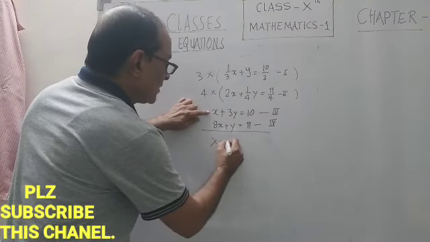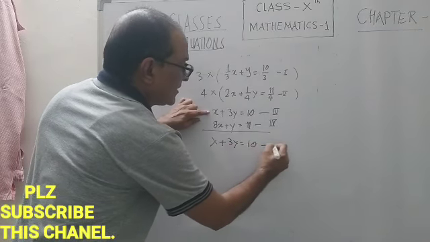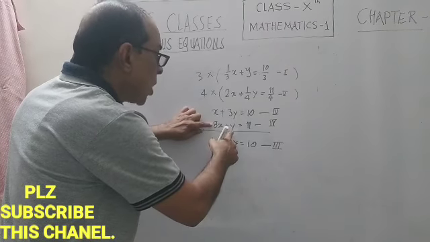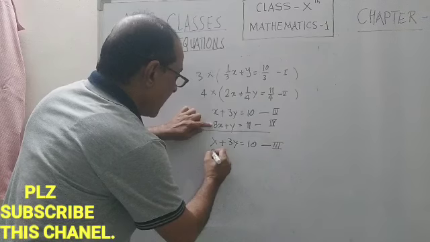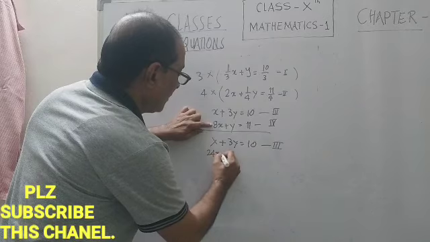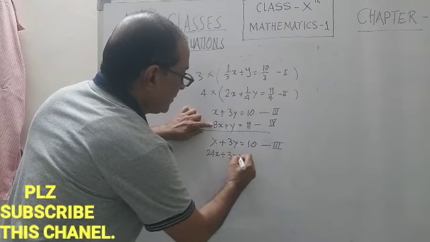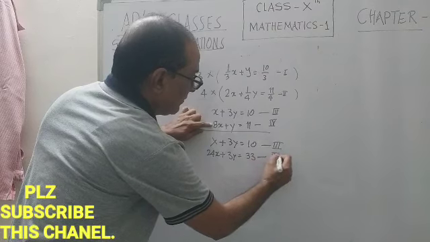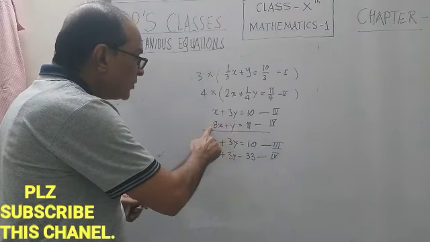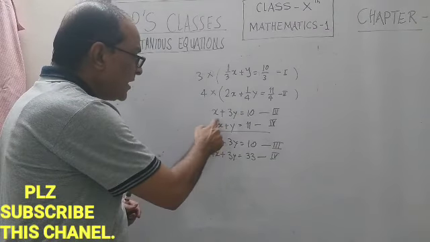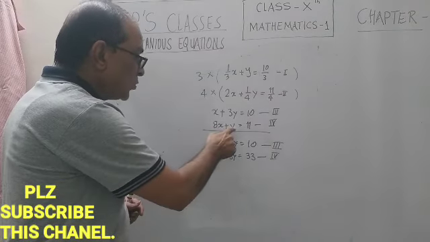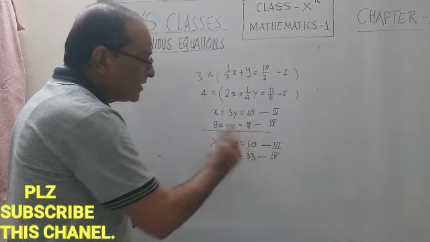So x plus 3y is equal to 10. It is the same as the 1/3 one. For the fourth, I will multiply this equation by 3 in order to make 3y here. So 8x, 8 into 3, 24x plus 3y is equal to 33. This is the fourth equation. You got me, no? Don't be confused. See, simple, I have multiplied by 3 to each and every term here. 8x is the term, so 8 into 3, 24x. y into 3, 3y. 11 into 3, 33.